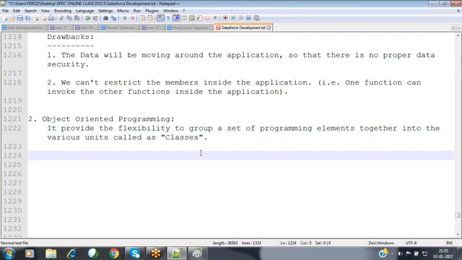Now, when coming to object-oriented programming, what exactly is the class? What exactly is the object? Let's see in the general real world. Class is nothing but a physical entity. Object is nothing but a logical entity. For example, in the real world, a marker is nothing but an object.